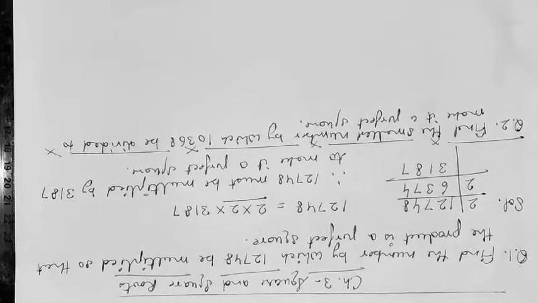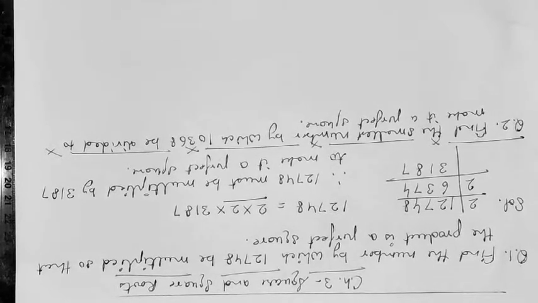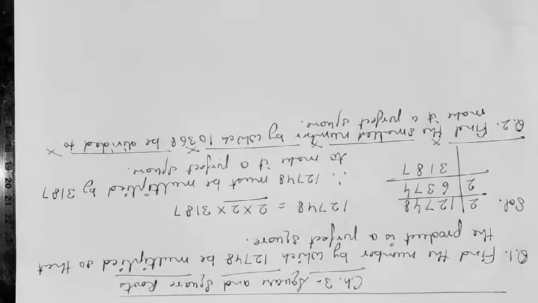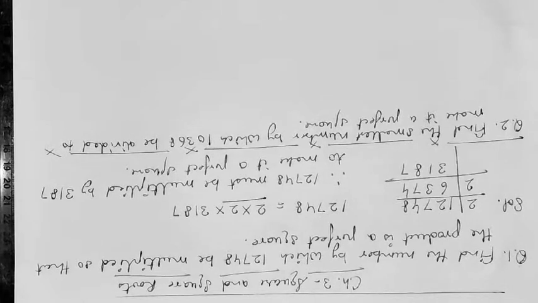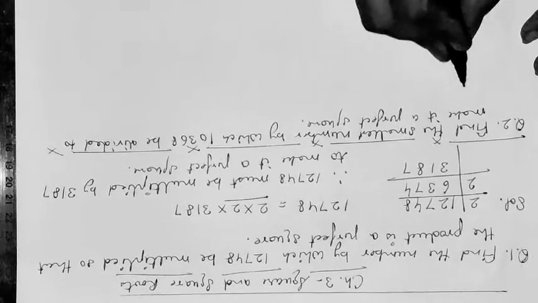Now class, see, the difference is, in the previous question we had to find by what number we have to multiply the given number. In this problem we have to find the number by which we have to divide the given number. Class, whether we are supposed to multiply the number or divide the number, the procedure will remain the same. The steps for solving the questions will remain the same. So again we will find the prime factors of 10368.